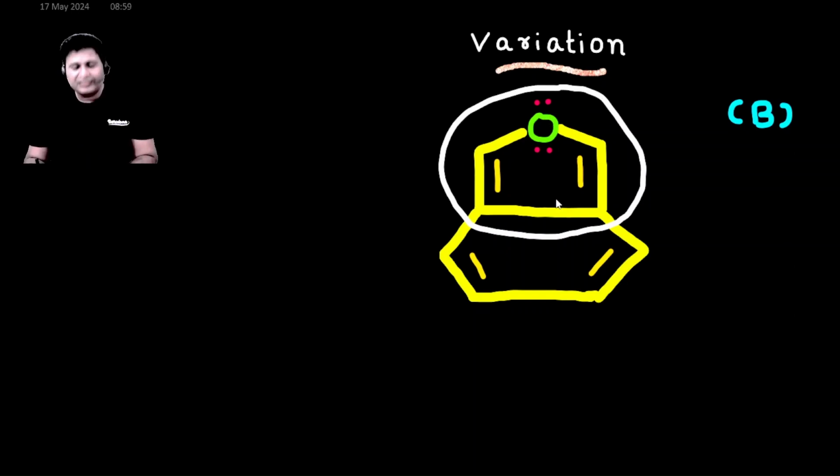And in this cycle, as you can believe, it's cyclic also, it's planar also. And now let us talk about the cyclic conjugation. You will get it. How? Lone pair, single, double, single, double. So you have seen there is a cyclic conjugation of electrons, and let us see the number